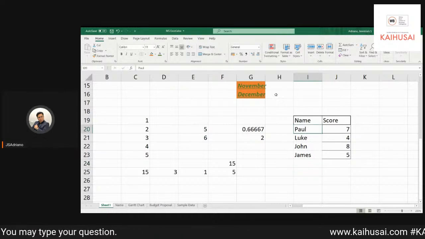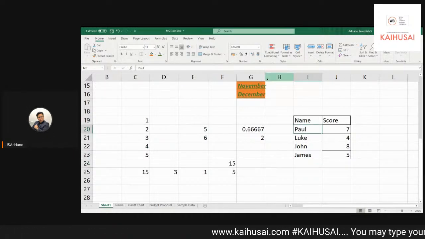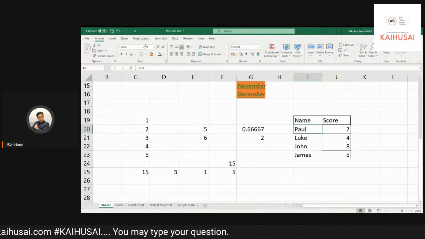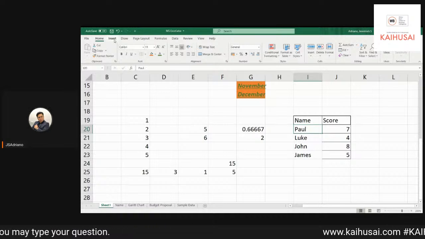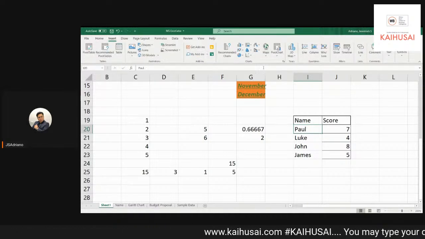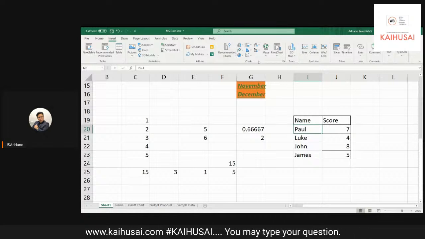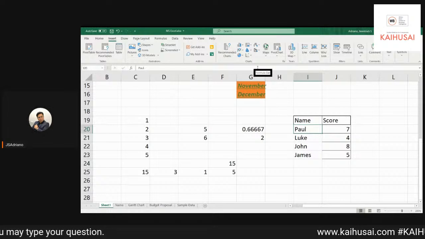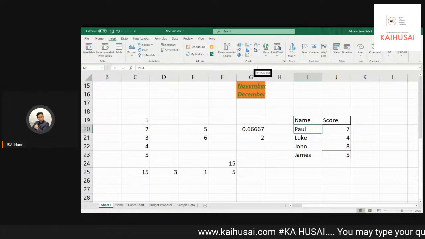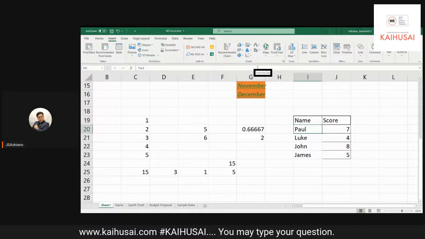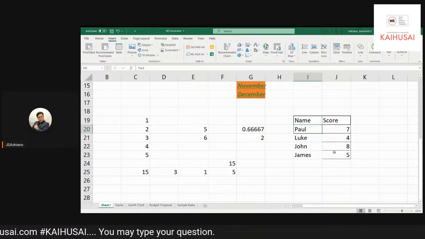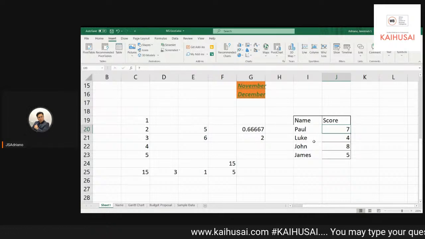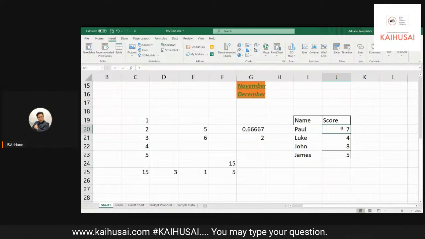And lastly, I want to share with you the basics of data analysis. So first, let's go to the insert tab, insert ribbon. Then let's go to the charts group. So of course, after encoding all the data and looking into the different things inside your data sheet, you want to present it. In this example, I want to present the scores of Paul, Luke, John, and James. All I have to do is highlight it,